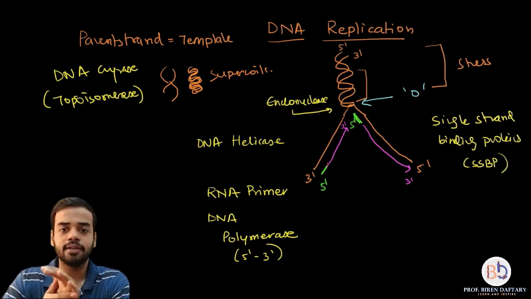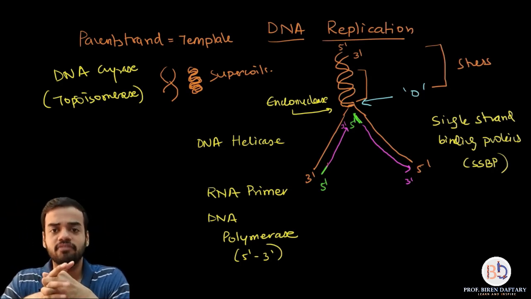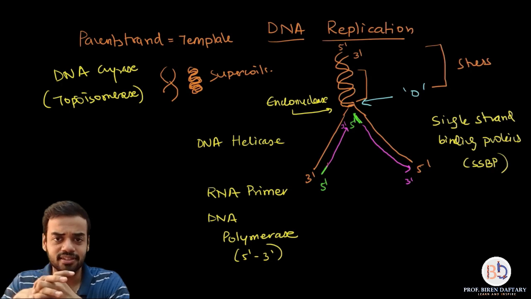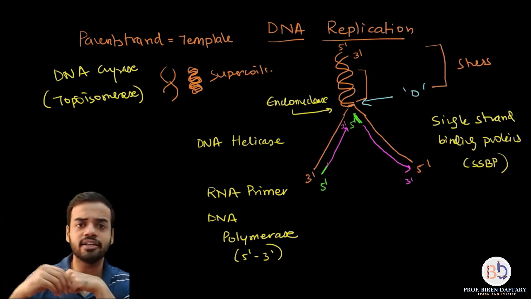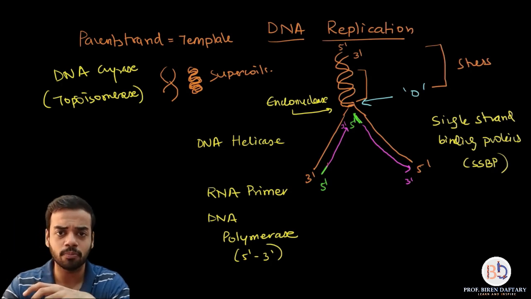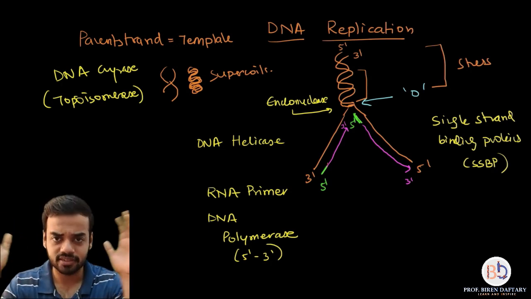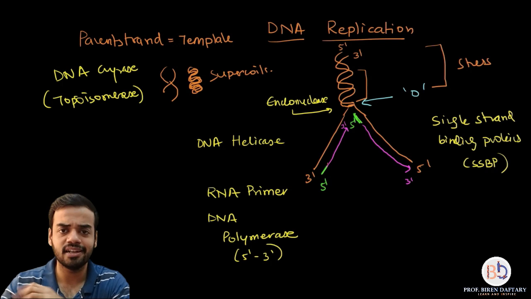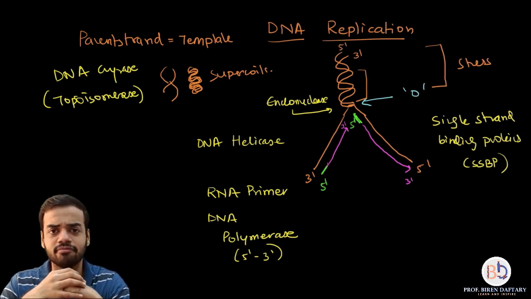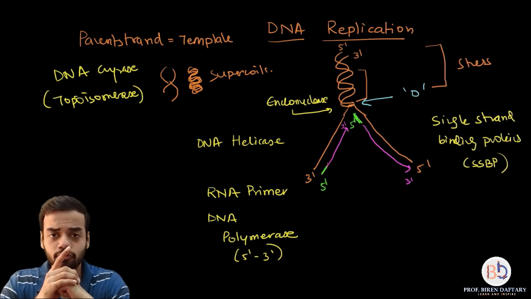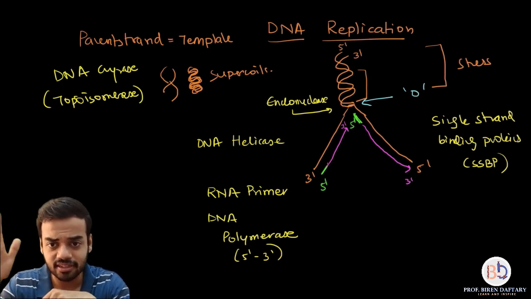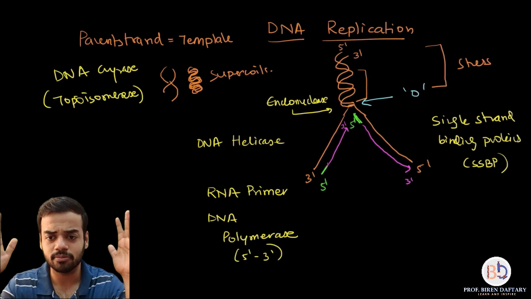Okay, and the next part in our revision is going to be the Meselson and Stahl experiment. Please let me know if you need a revision on that, or I will directly skip to the genetic code part, transcription and translation in one lecture. Okay, and then lac operon, and I think that's enough for the revision part. So please let me know. If you want it, I'll put Meselson and Stahl in the next video. It's a very easy experiment.